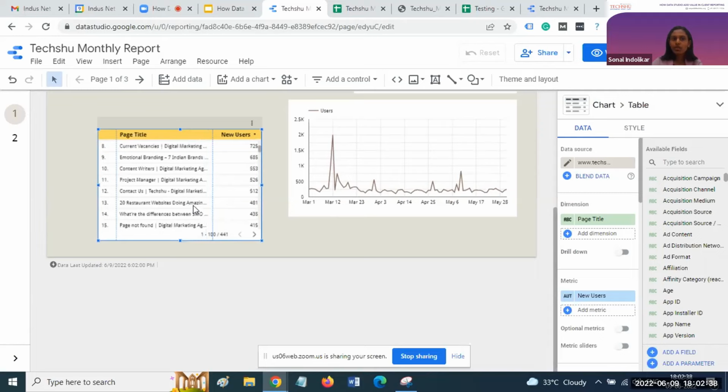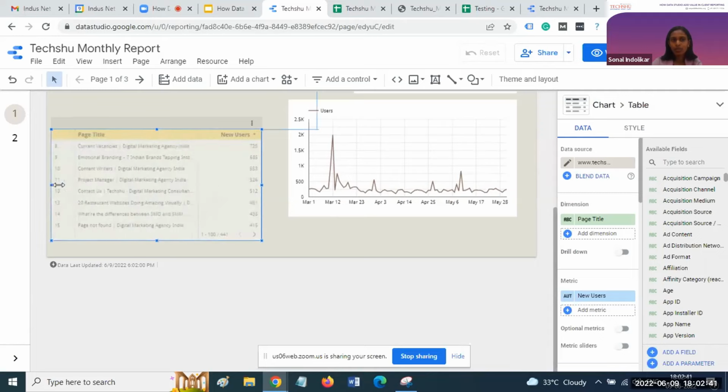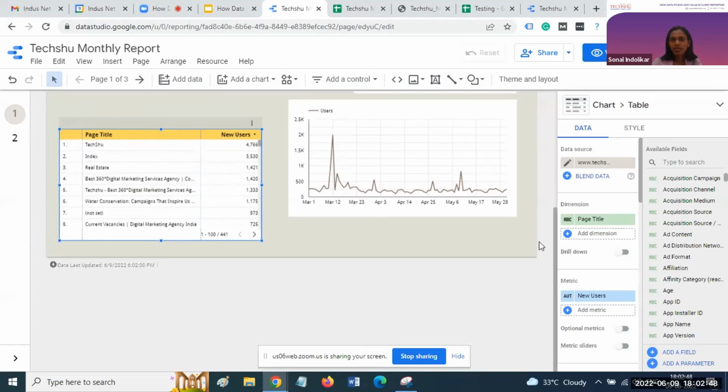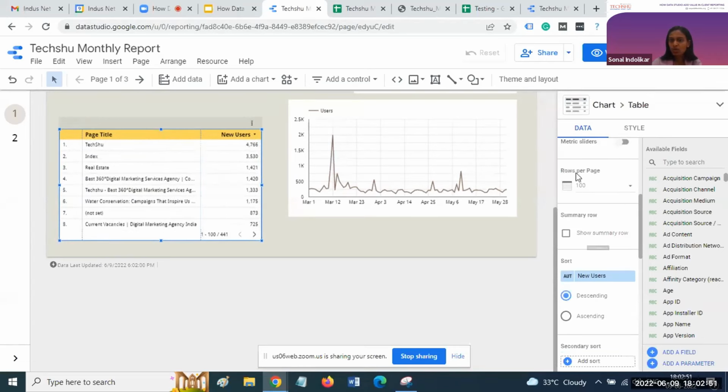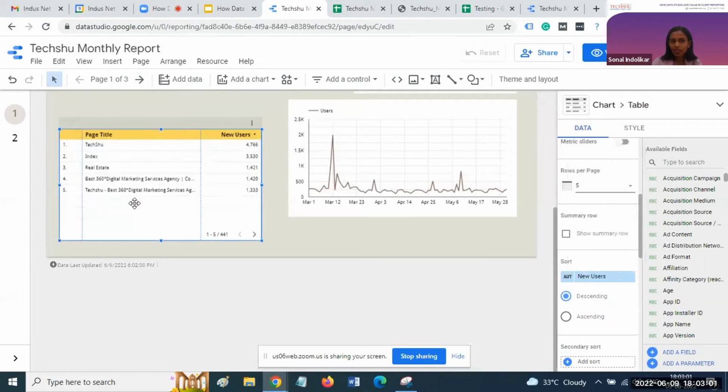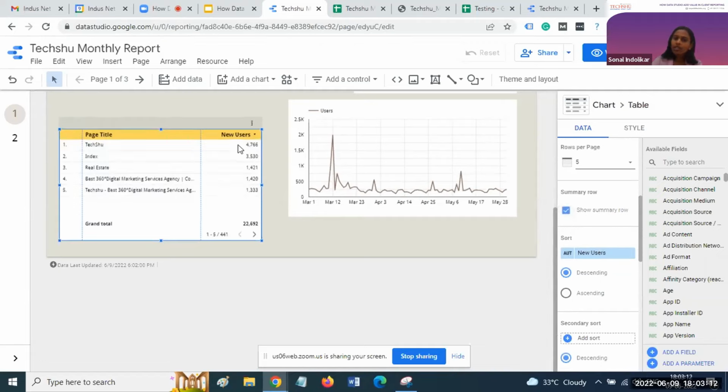So this is the advantage of real-time data connection through Data Studio. A large amount of data you can connect through Data Studio. And if you want to showcase less data to the client, that option is also provided. For the tabular format, you can select how many rows you want to present. For example, if you want to showcase only 5 rows for that particular table, you can select the 5 rows option. If you want a summary of that particular data, for example how many users, it will automatically create the summary for you.